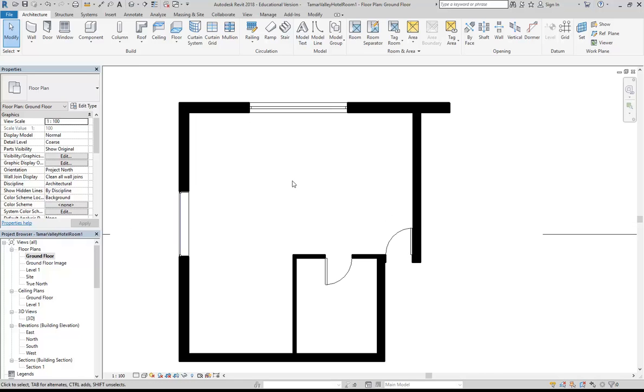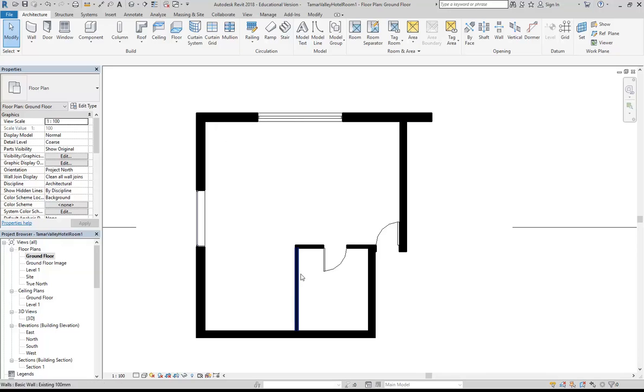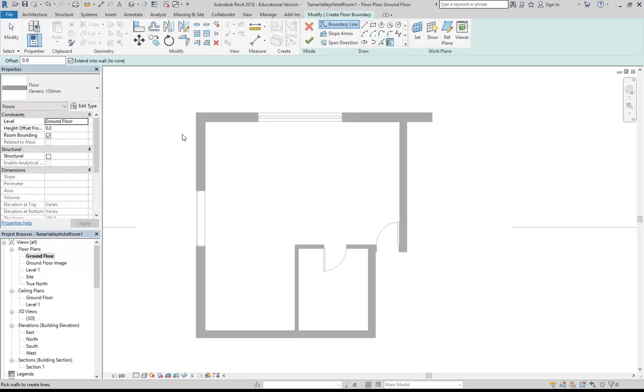Okay, so I've got my very basic space set up now, and well, with the walls at least. And so I want to then just set up a floor and a ceiling that are going to follow that outline I've done with the wall. So very simply, starting with the floor tool, click on the floor button,